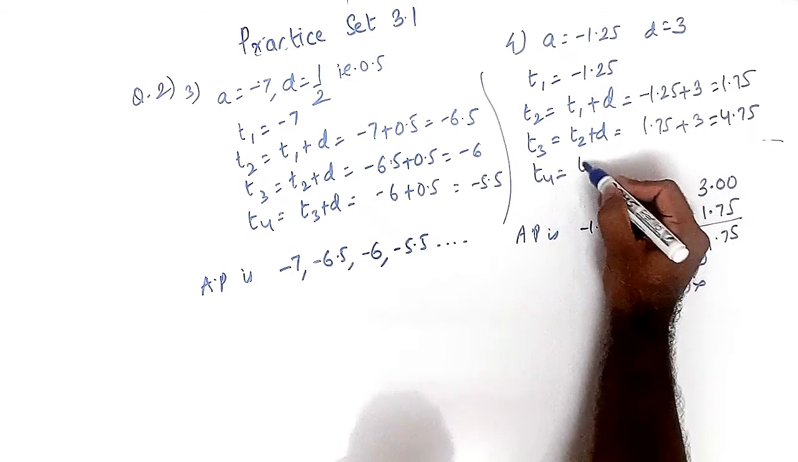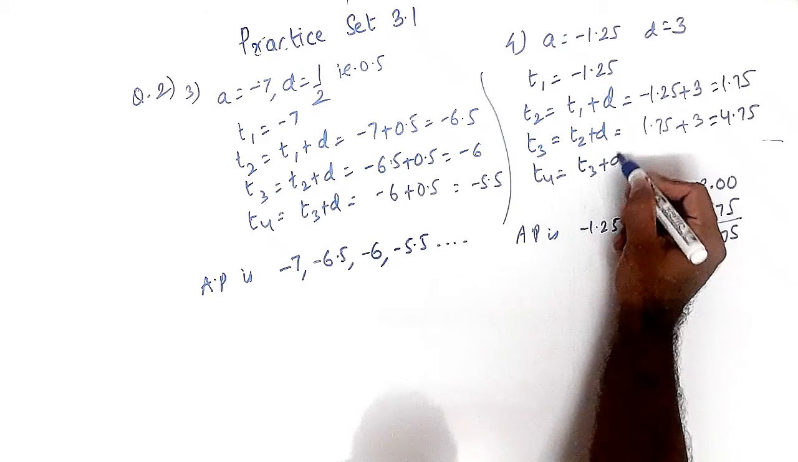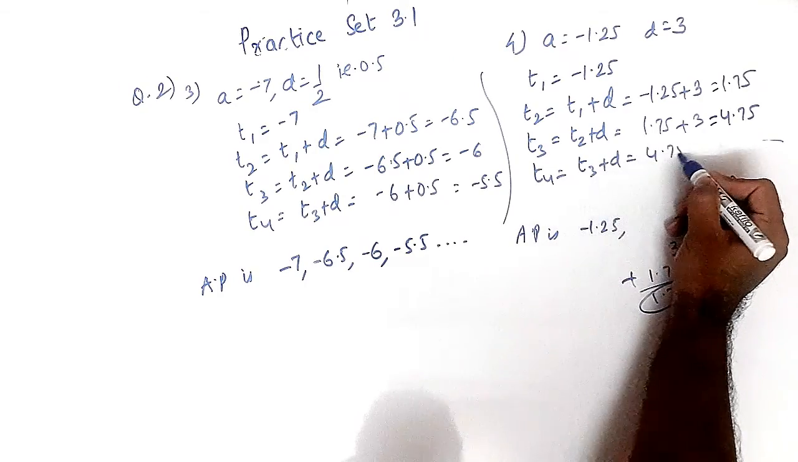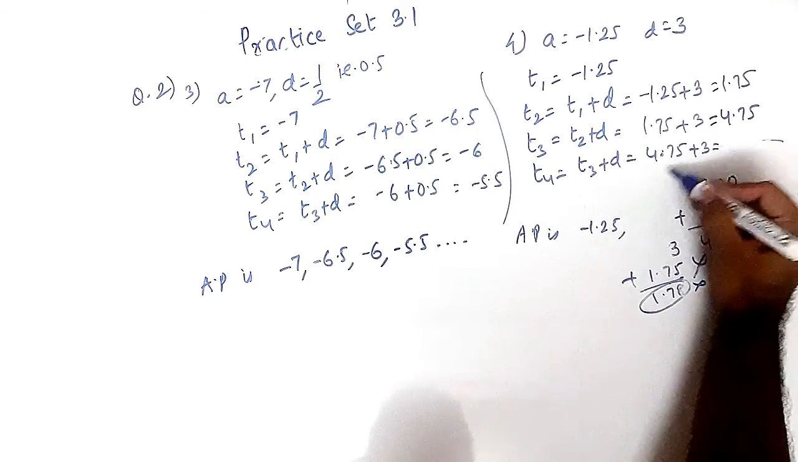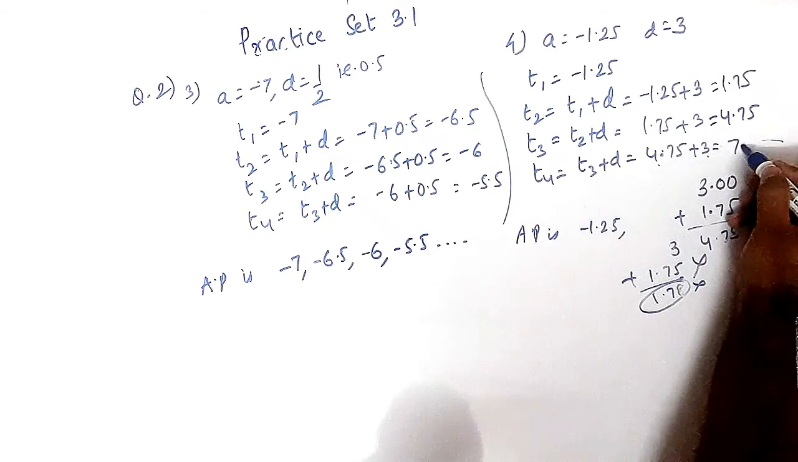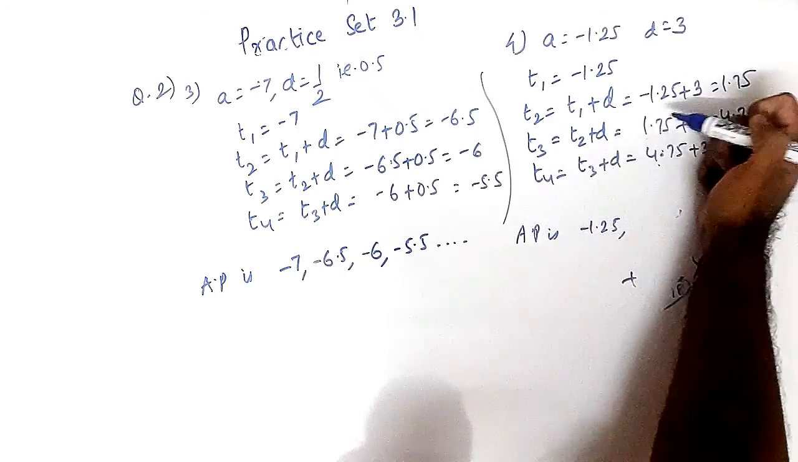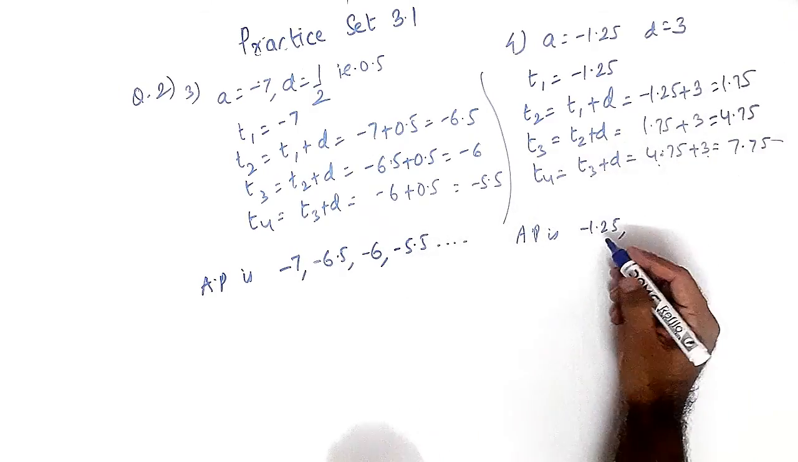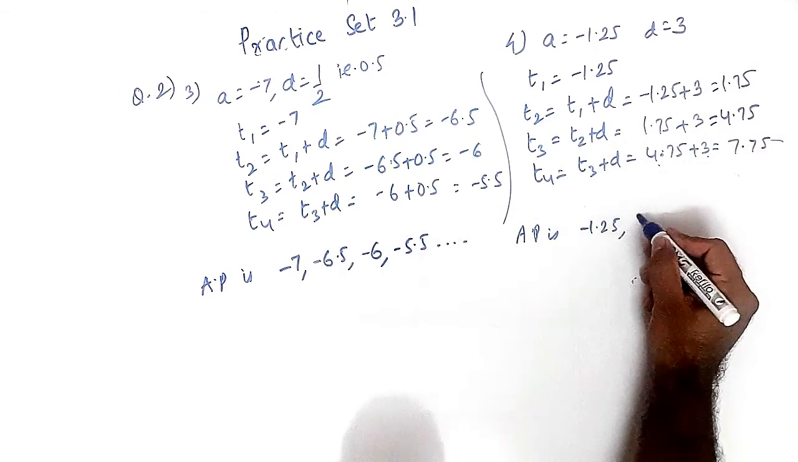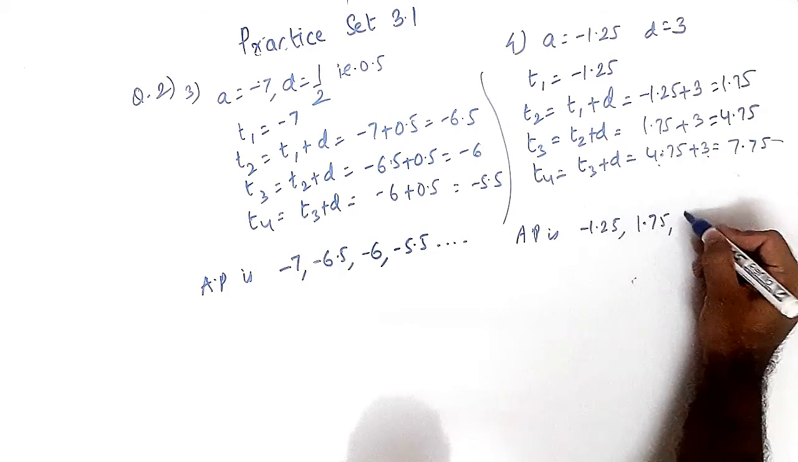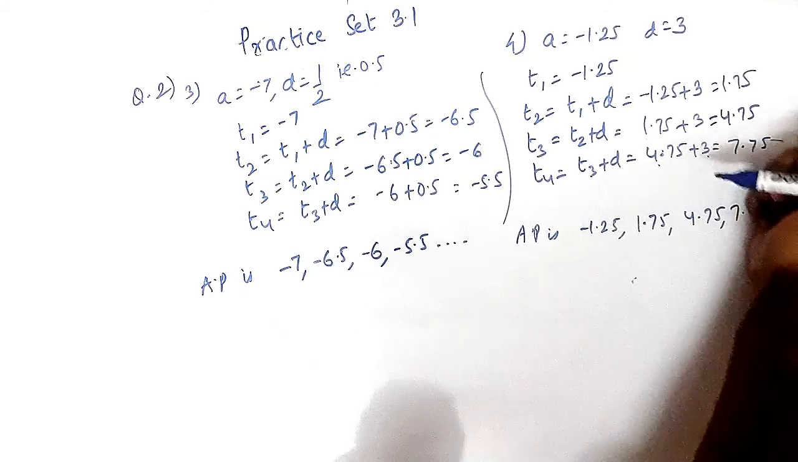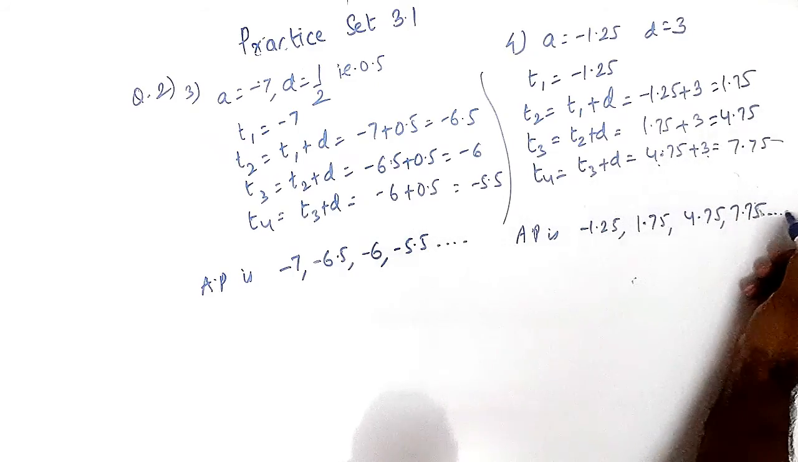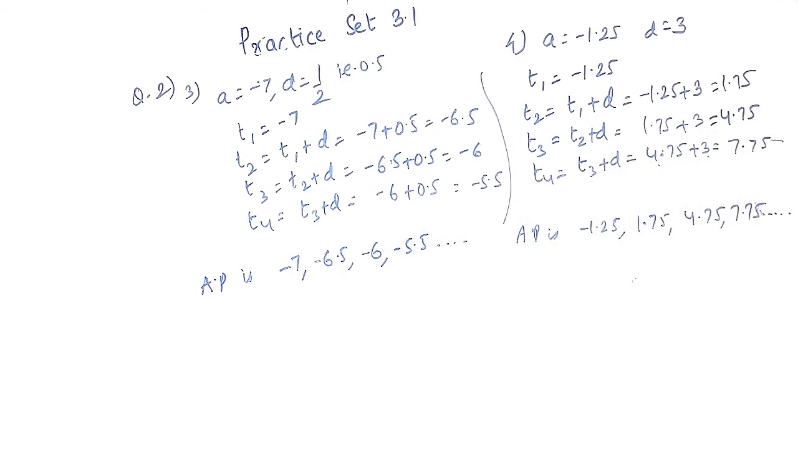Okay, then getting T4. T4 is T3 plus D. So it is 4.75 plus 3. Now I'm not going to show you, orally you can do. It is 4 plus 3, 7.75. Okay, so your answer is minus 1.25, then 1.75, then 4.75 and 7.75, and so on. This is your arithmetic progression for the fourth one. Okay, then